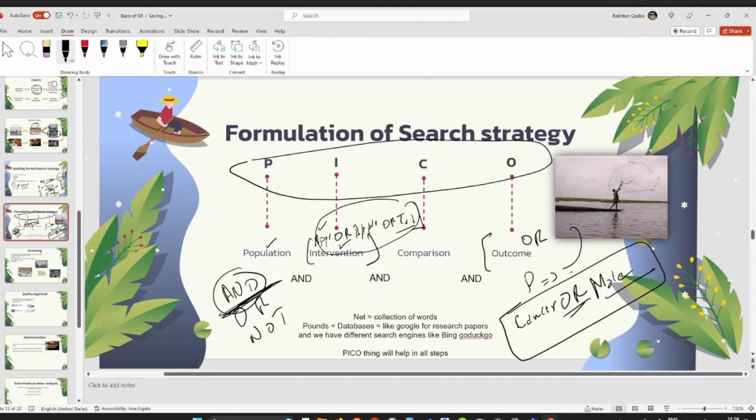We definitely need those papers which have our population. We definitely need those papers which have our outcome. So what we will do, we will AND all these. We will AND the population with the intervention with the outcome. So what I am telling you once again,